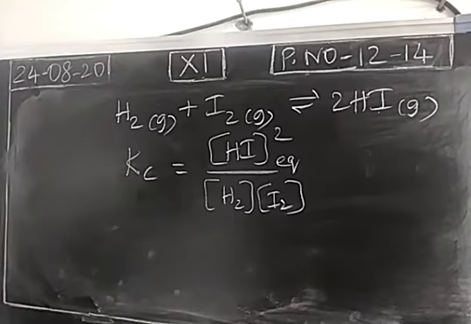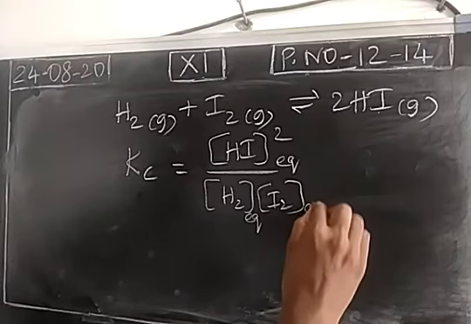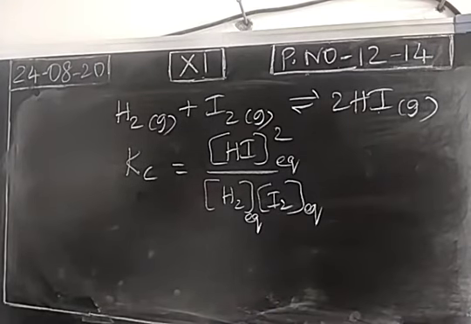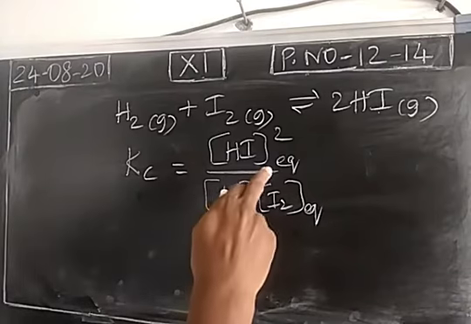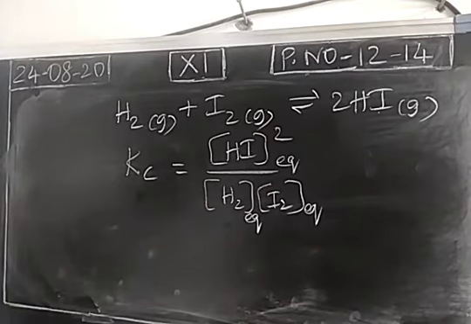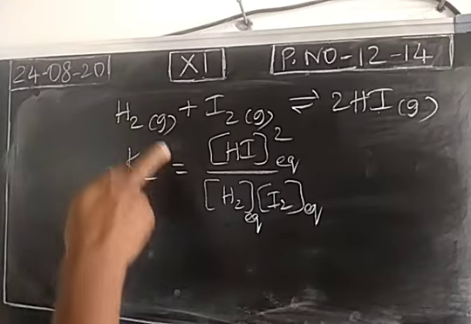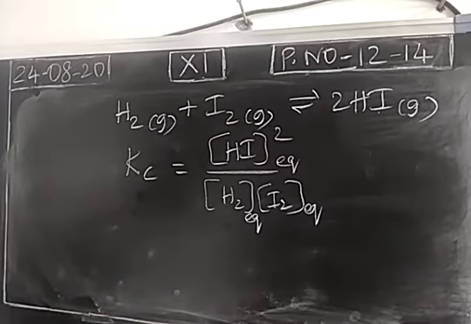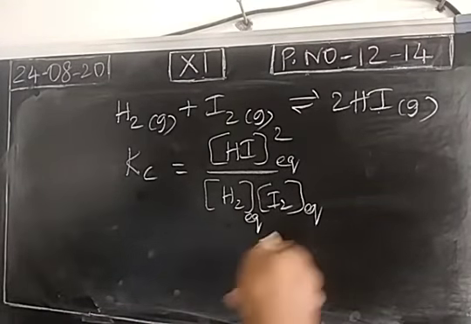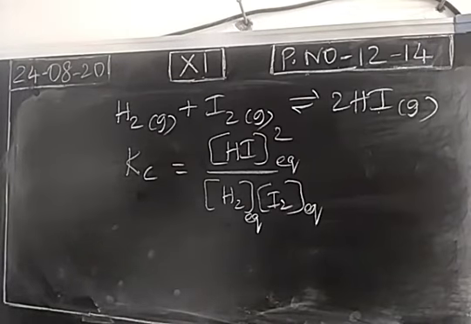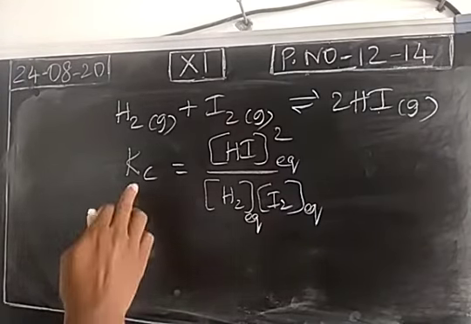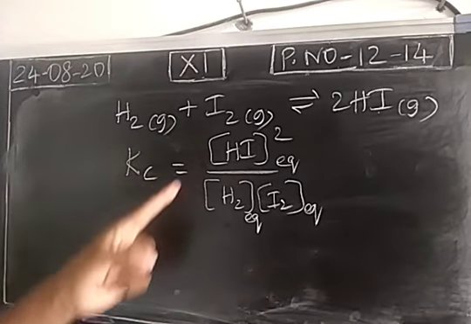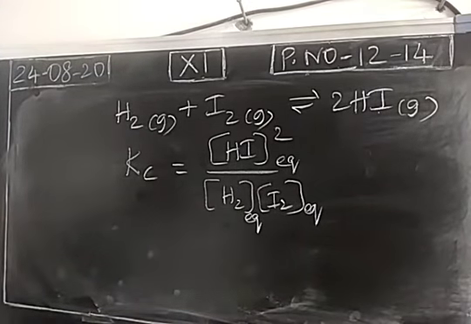So in the equilibrium mixture we have product as well as reactants. The concentrations are expressed as equilibrium concentrations. Equilibrium concentration of reactants hydrogen and iodine. Equilibrium concentration of product hydrogen iodide. So when we know the equilibrium constant value, we can calculate equilibrium concentrations of reactants and products, and vice versa. When we know the concentrations of the reactants and products, we can calculate the equilibrium constant. So the third application of equilibrium constant is, when we know this value, we will get the equilibrium concentrations of reactants and the products. Right.